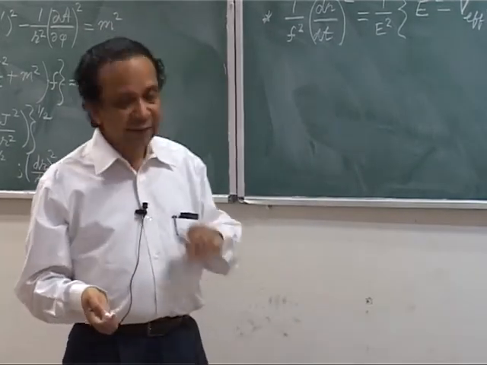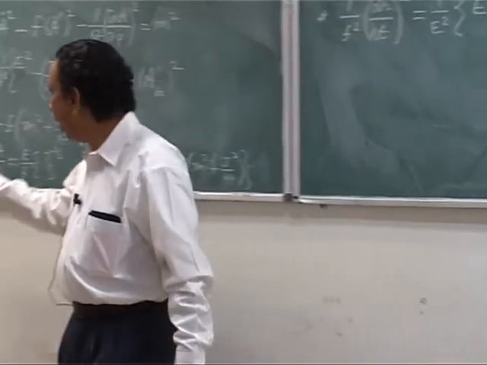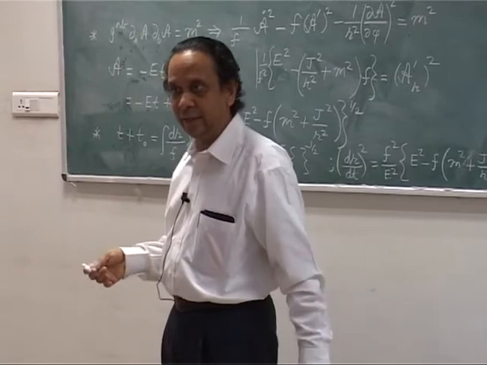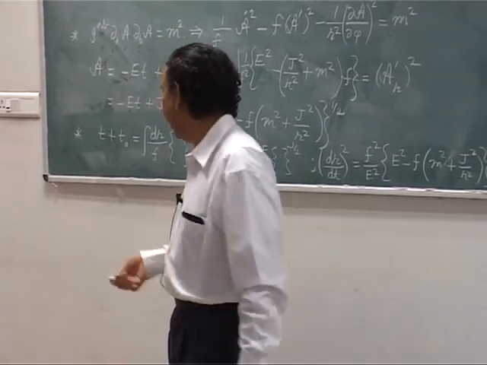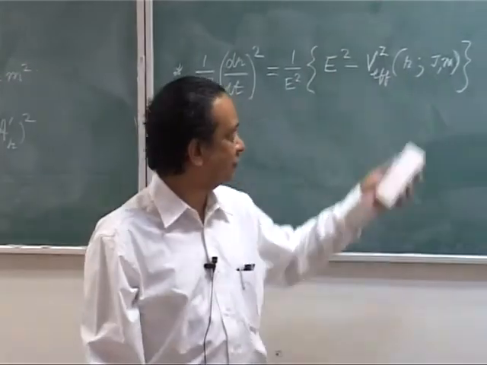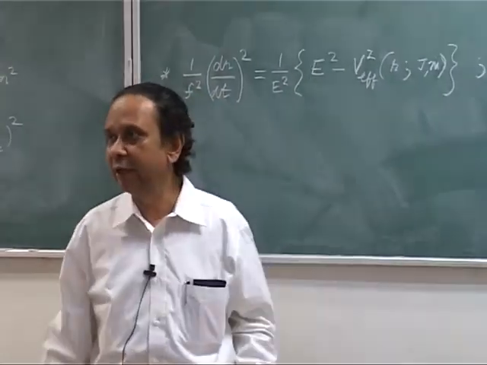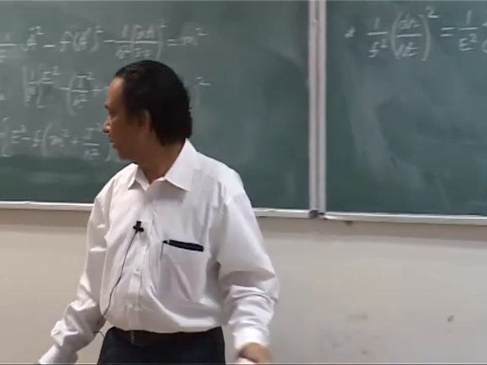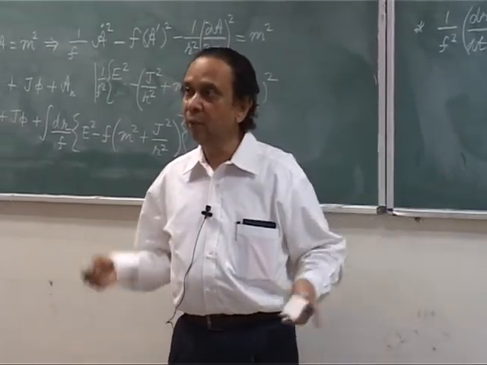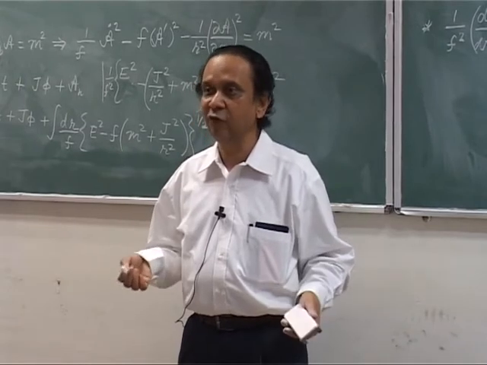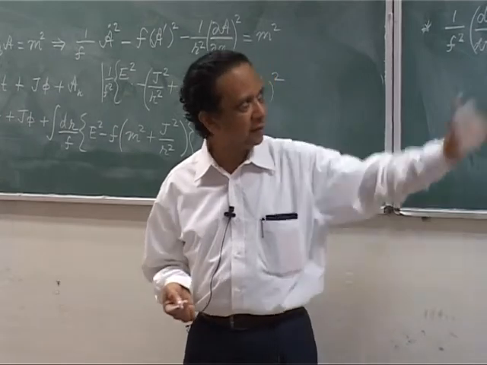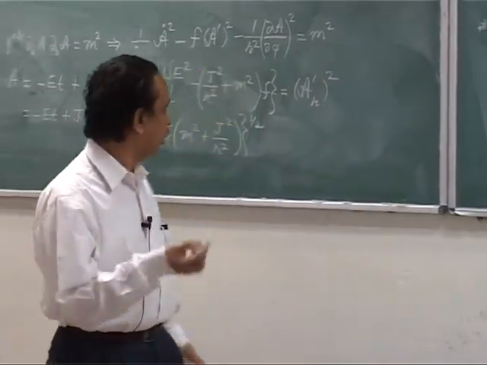Next thing we want to do from this is to get the orbit equation. This equation was for dr by dt, but we also need the orbit equation. Here I meant the mass, because we would like to have the effective potential both for material particles and for photons. For photons you will put m equal to 0 and you will reproduce that, so it depends on m and j.